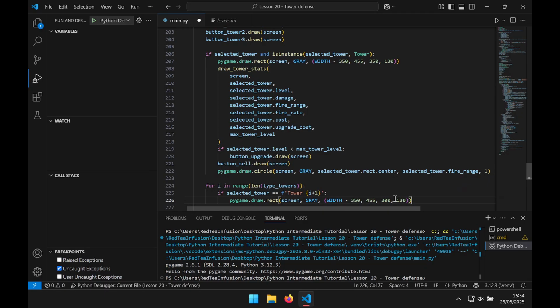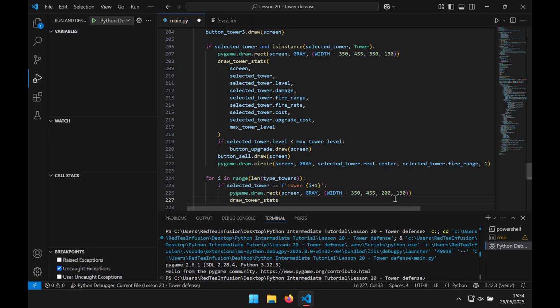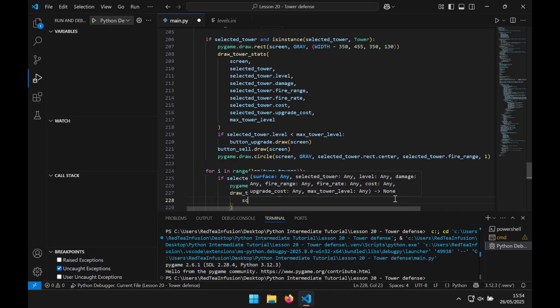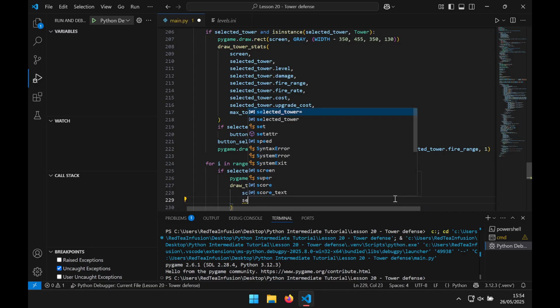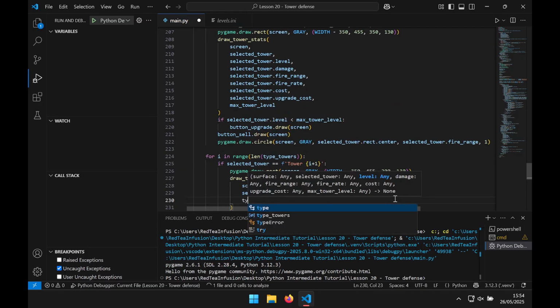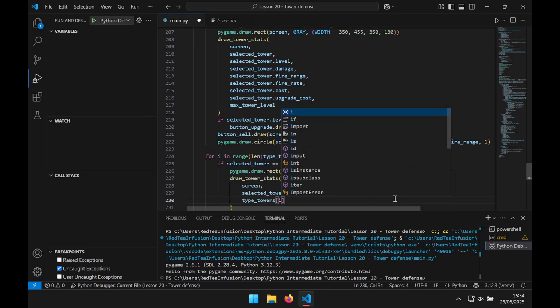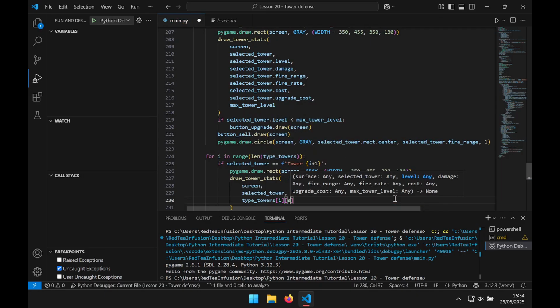New line, draw_tower_stats(screen, selected_tower, type_towers[i][0],